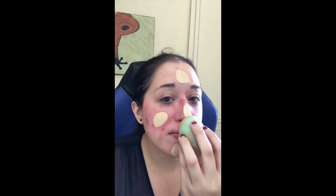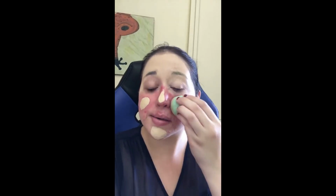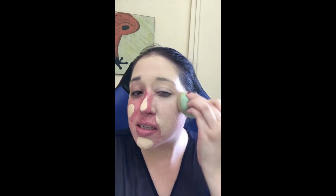It smells good though. It's not scented to where it smells like flowers or anything, but it doesn't smell chemically or anything. It kind of smells like baby powder a little bit. Okay, so just kind of covering this up, you can see how red my face is. I know everybody's always like, your foundation is too light, but I just know that I'm super duper red, and